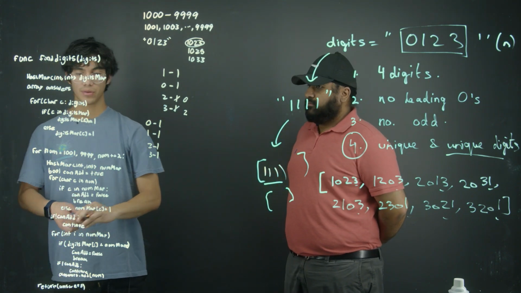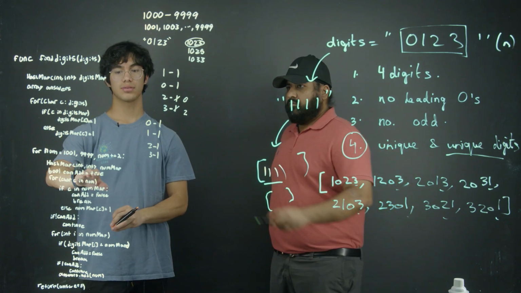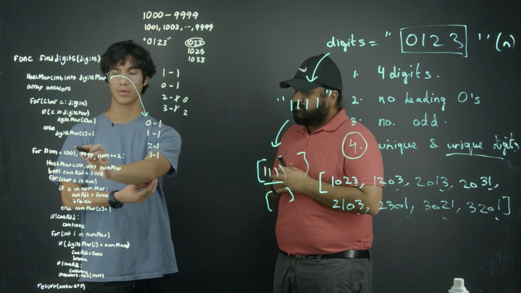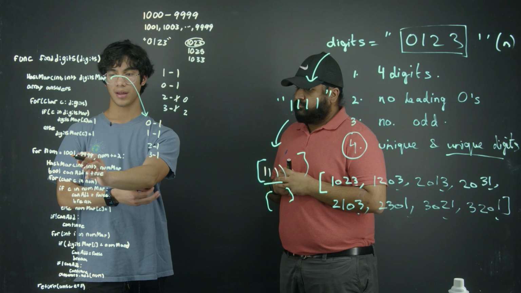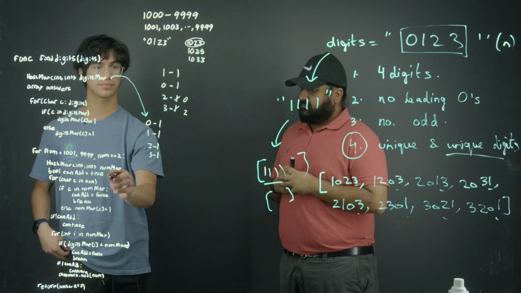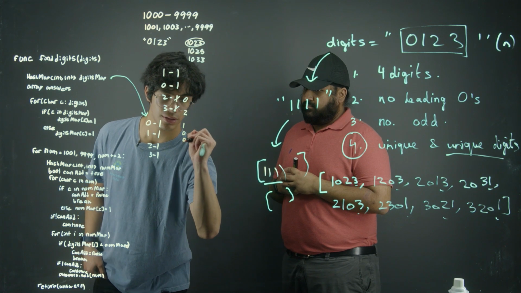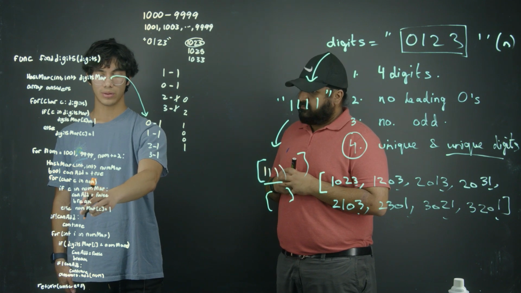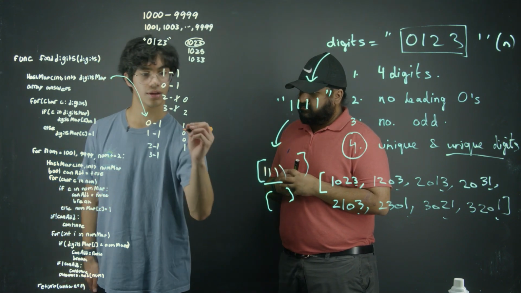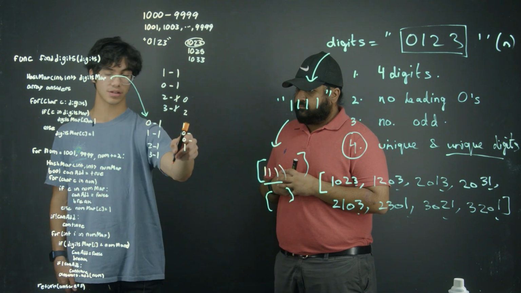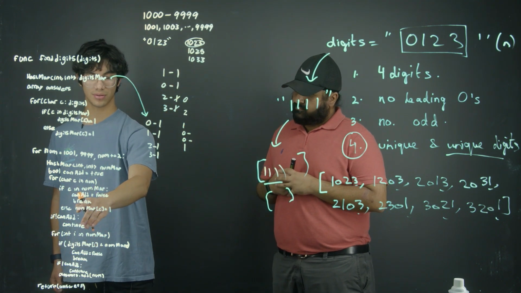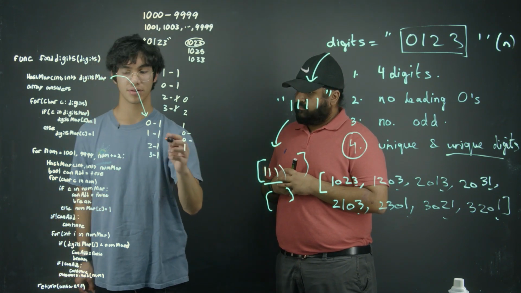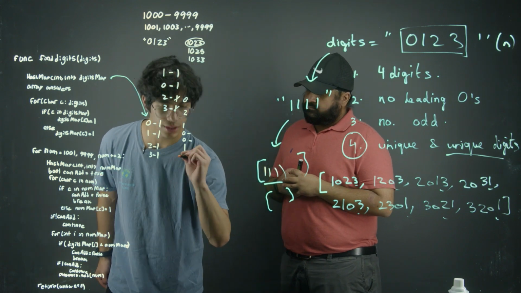Okay. Then we begin our iteration of every single odd number. Digits map, I believe, oh, right? Yes. Okay. And so we begin our iteration of every odd number. And let's say we begin at 1001. Okay. So we begin to record the frequency. But then we see that the character 0 and 0, they actually repeat. So what we do now is just break out, and then we say continue. Okay. And we just keep doing this enumeration until we get to